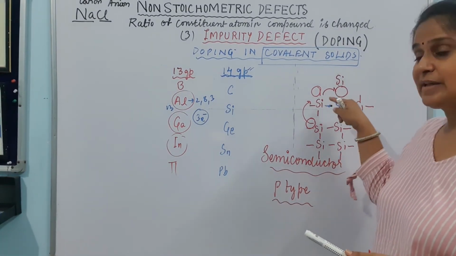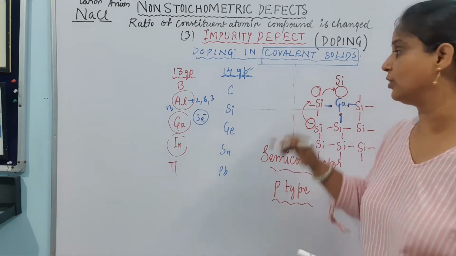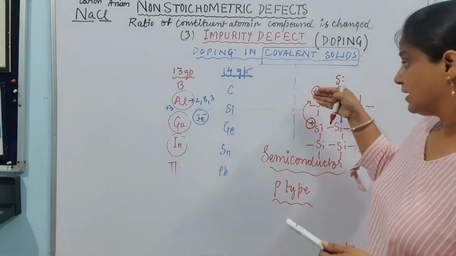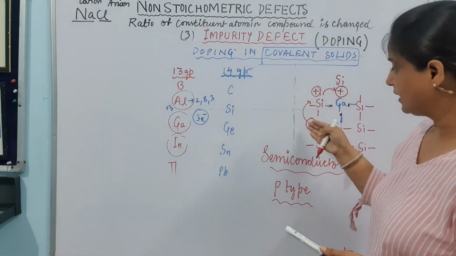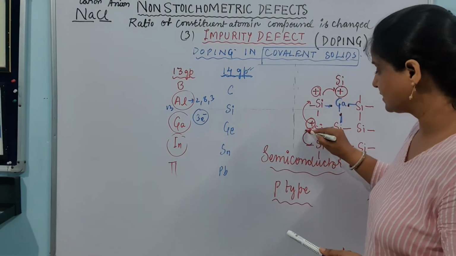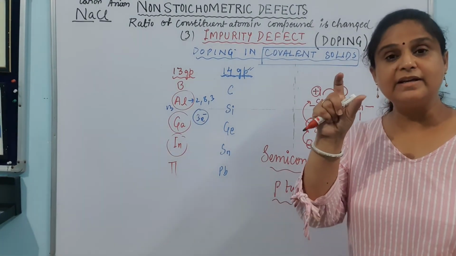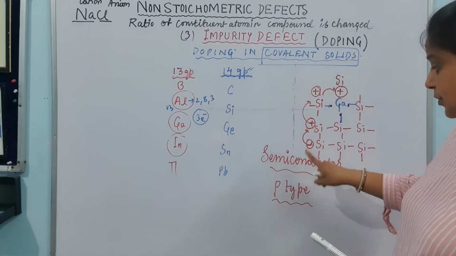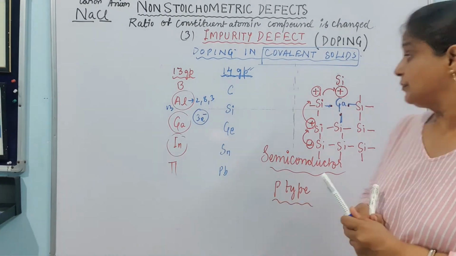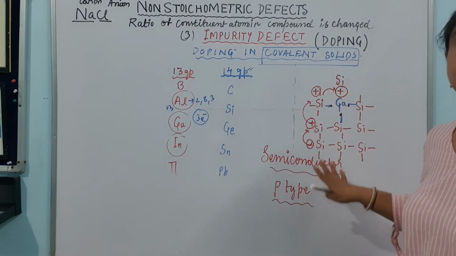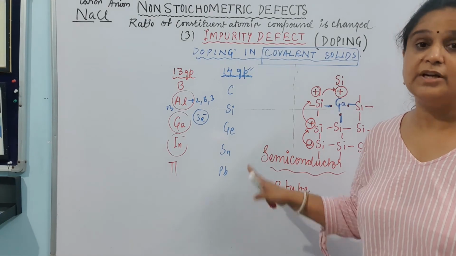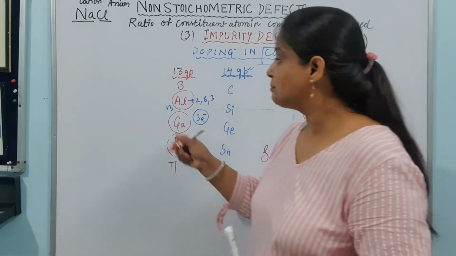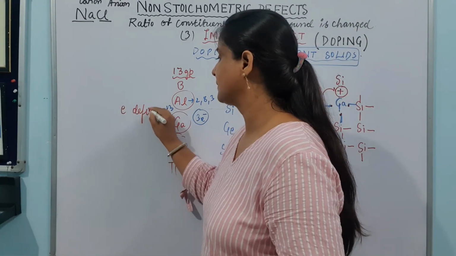क्योंकि it is appearing like the hole is moving. What is a hole? A hole is the positive area where there is a lack of electron. Electron is moved here, तो यहाँ पे कमी हो गई. Electron is moved here, तो यहाँ कमी हुई. अब यहाँ से यहाँ आएगा तो यहाँ पे कमी हुई. तो that area which is deficient of electron is shown by the positive, and this positive is indicating what? P type. This is how the conductivity is going on in these types of covalent compounds due to the doping of the 13th group element, which are comparatively electron deficient.